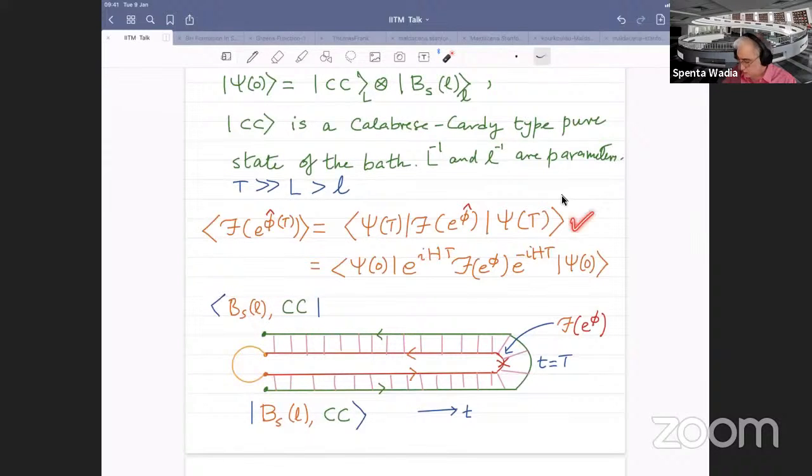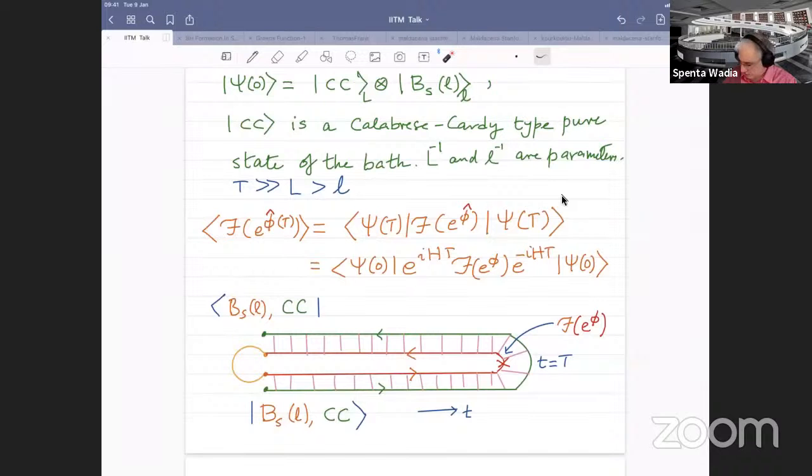You want to compute this, which is schematically given by this contour that you start from here. This is the bath, and this is the SYK model, and they are interacting all the way. I show you that there is an interaction, as I have indicated, and at time t equal to capital T, which is very large, I want to see what is, for example, the expectation value of exponential of phi. Does it go to 0 or does it not?